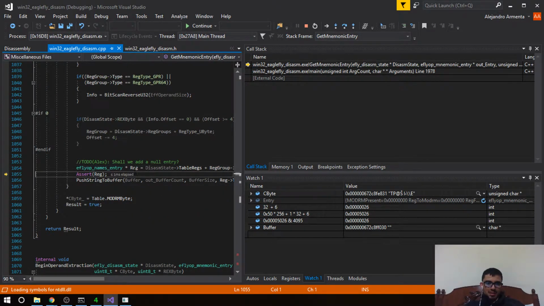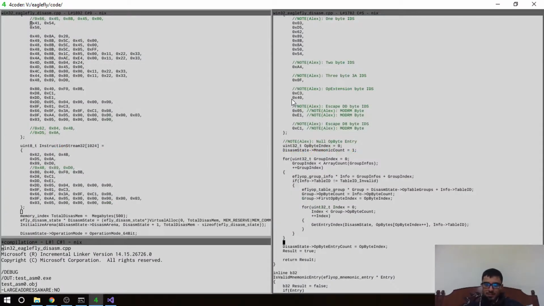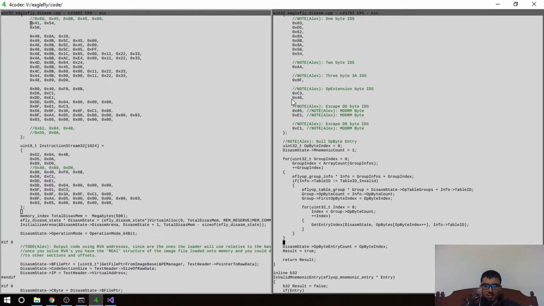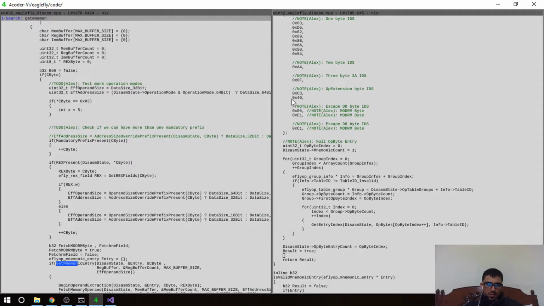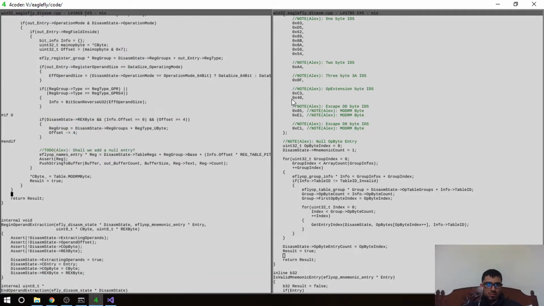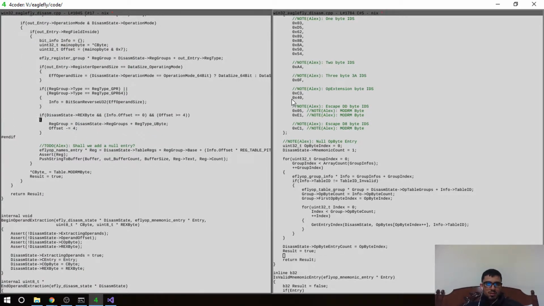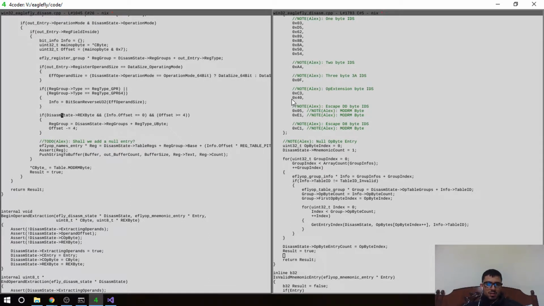We're going to get RSP instead of R13 because we didn't change the ID. So let's go and do that, and that's pretty much it. So get mnemonic entry. So now we're going to do this, and